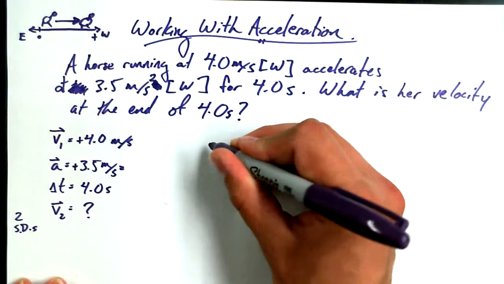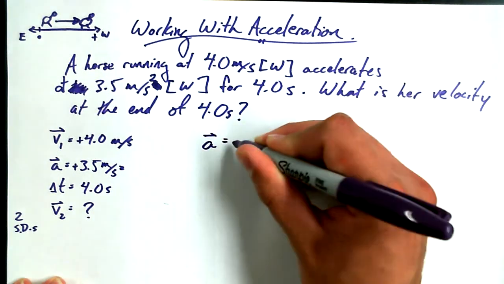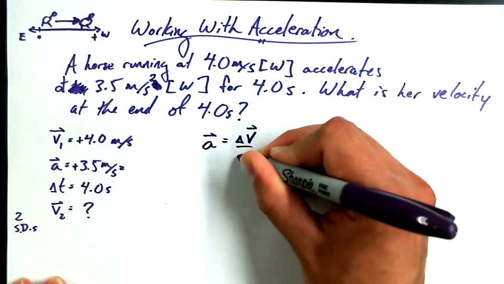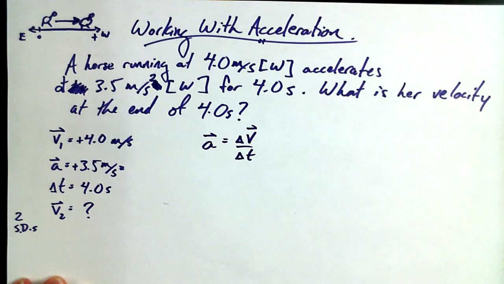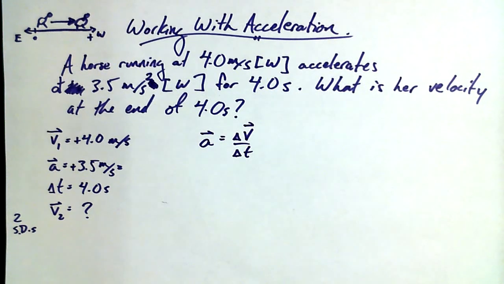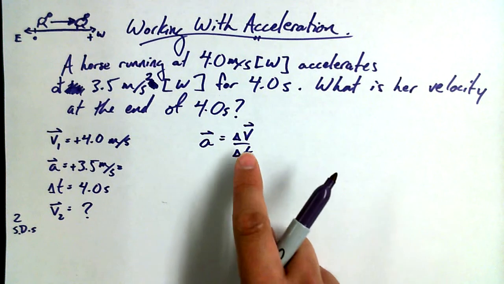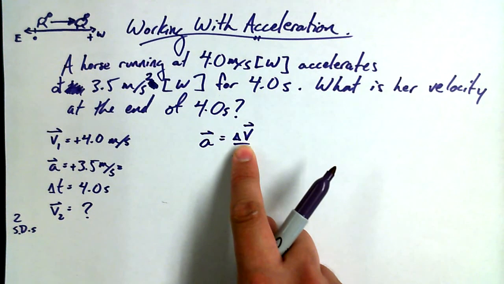So some people say, all right, acceleration is equal to delta v over delta t. I don't see a delta v anywhere in my givens. What am I going to do? If I don't see a delta v in my givens, oh, game over, can't do it, it's finished, right? Isn't it a variable? Well, delta v is a variable. No, but is it the variable? Because you can fill in,